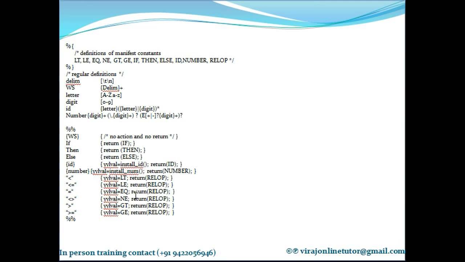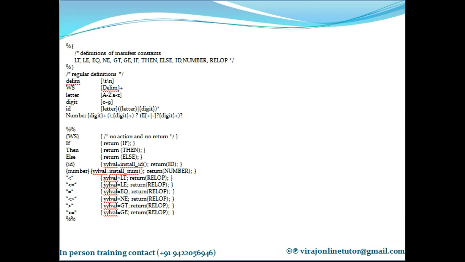Install num. If a number is found, install num. That means install the value of the number inside the symbol table and return a pointer to that to you, and return number as a token. If any of these is found: less than, less than or equal to, not equal to, greater than, greater than or equal to, then return a token relop, and YY lval is going to be the attribute value which I have mentioned in the transition diagrams.